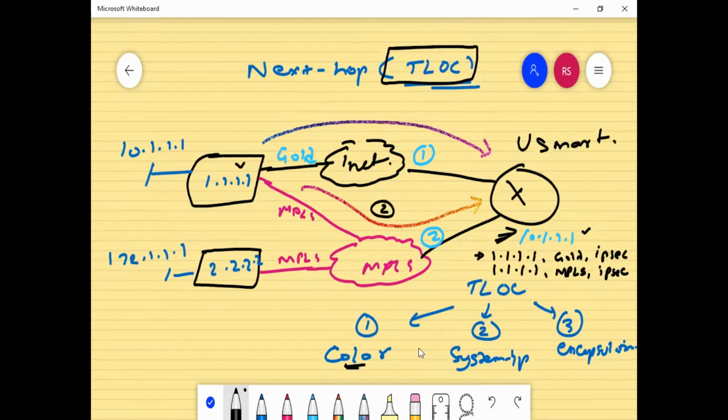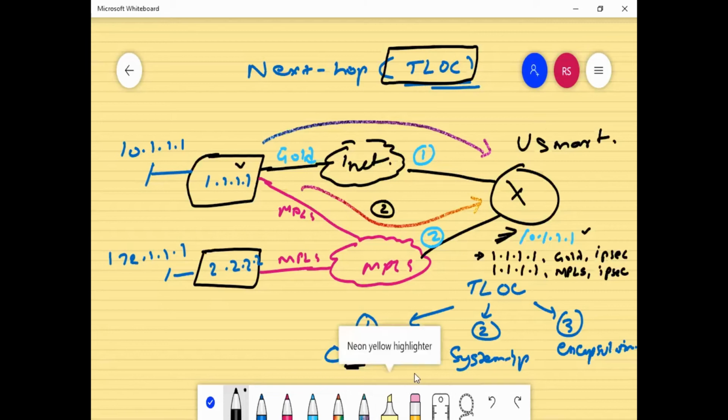You are right. Then what is the significance of IPsec over there? Why is it written as IPsec? This is the part they introduced, okay, but there is no such significance, because encapsulation would in any case be IPsec. You cannot go with GRE because that is plain text. I hope you are aware of GRE and IPsec, right? You are a networking person, so by default it will be IPsec only. But when they built this particular protocol, they introduced it in such a way.